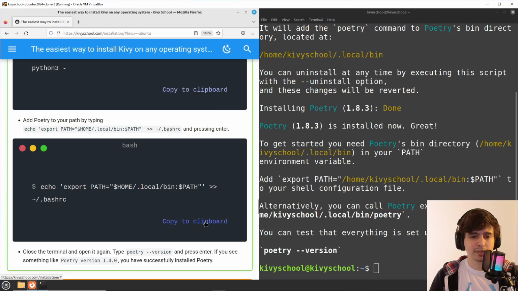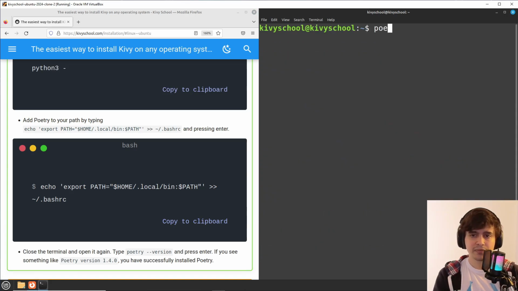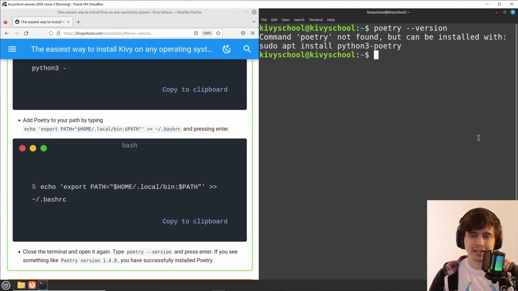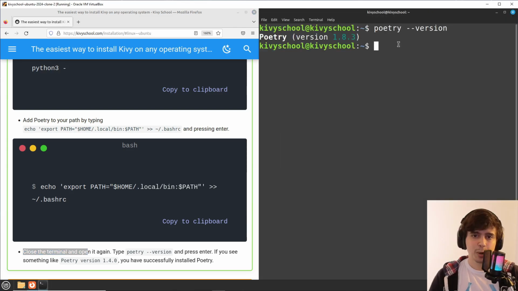So simply copy this command and then paste. Now we are going to check if Poetry has been installed successfully. Then you type poetry --version. It's saying, oh, command not found. It's because we actually need to close the terminal. Okay, close the terminal and open it again. poetry --version. Okay, now we have Poetry installed.